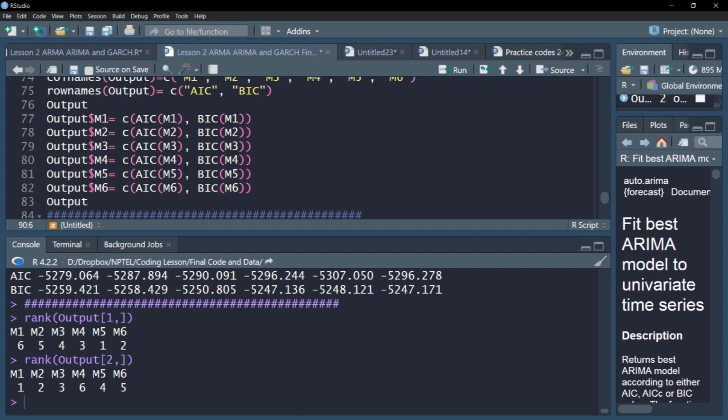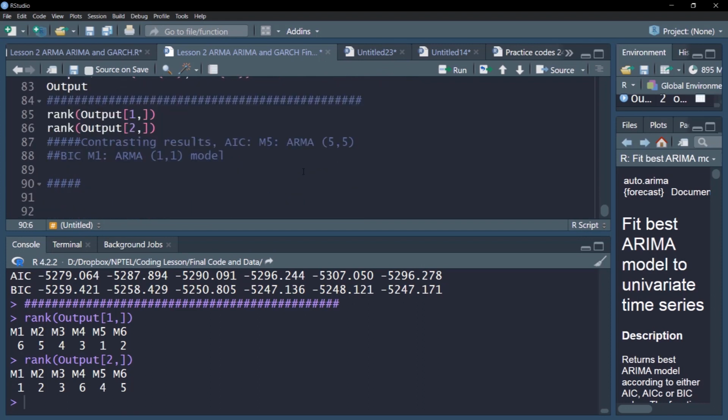While AIC showed that M5 is the best and M1, which was the most simple, is the worst, BIC showed that M1 was the best. So we ascribe this to the fact that BIC penalizes addition of new variables more heavily unless they contribute to the model. However, we must note that often in-sample fitting is vitiated by the overfitting process. Often more complex models overfit the sample in which they are trained, but their out of sample performance is not so good. So in the next set of videos, we'll try to conduct out of sample fitting of the data and see which model performs well.